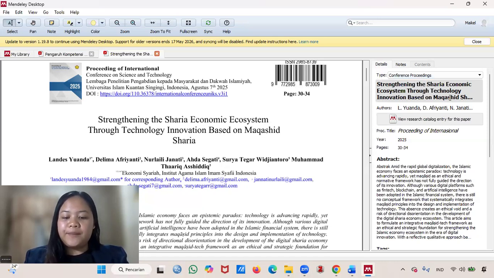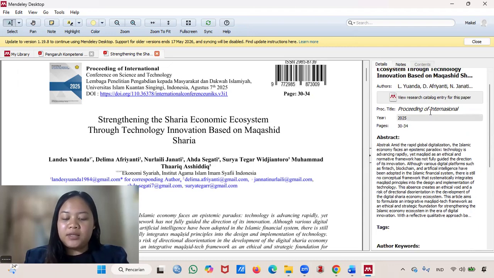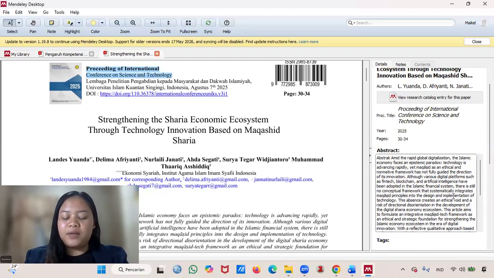For proceedings, make sure the elements are filled in. Title and author, just like with journals, make sure the title and author names are accurate. Proceeding title: this is the equivalent of the journal name, so enter the name of the seminar or conference. For example, Proceedings of the International Conference of Management. Year and city: don't forget to include the year and the city where the seminar was held, if the information is available.